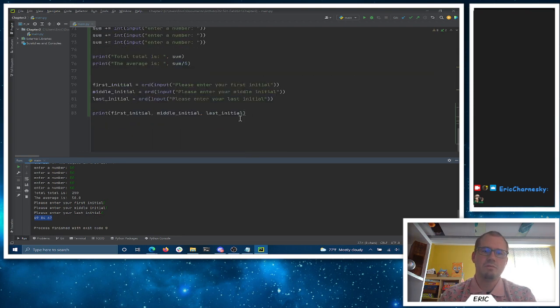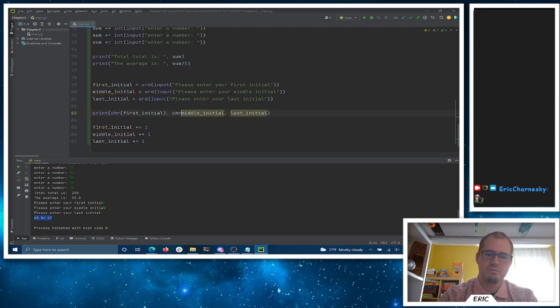But now what I can do is take those and shift them a little bit. Say we want to move them along. Let's pick the next letter in the alphabet. So I'm going to take first initial +1, middle initial +1, and last initial +1. If I want to print out the letters, I will turn them back into characters.